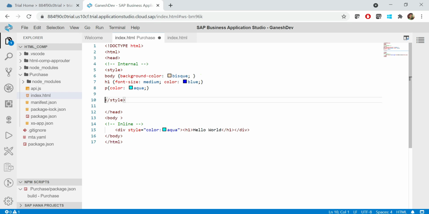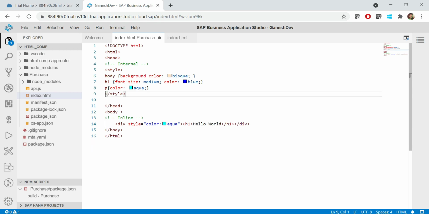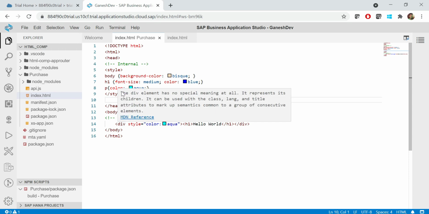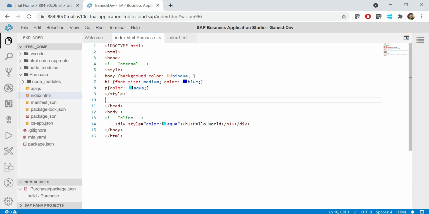So this is actually internal style, meaning between the style tag, whatever you specified between the head tag, that we call internal. You create it over here and you can use it wherever you want. So you don't want to repeat the same style, color equal to aqua. Instead, you can use whatever style is mentioned over here. Wherever you use the paragraph P, it will automatically apply the properties of that paragraph. For example, I used H1, so the color could be dark blue and font size is medium,